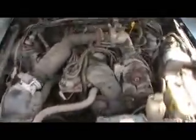Alright guys, I got an update video on the Mustang. Mainly, I just picked up this other car here. It's just a 4-cylinder Mustang, but